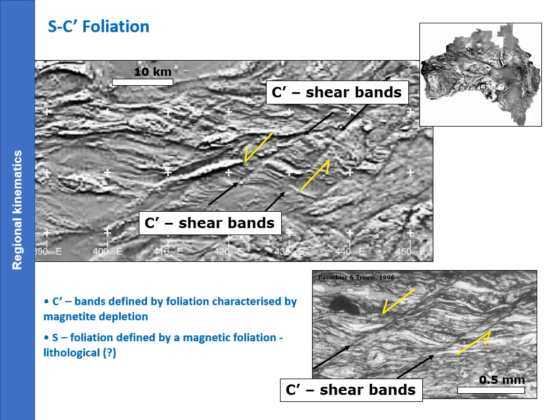kinematics. So here's an example from the Gawler Craton. It's a first vertical derivative image, and what you can see is some shear zones, or some fault zones, that have a low magnetic response, and you can see asymmetrical patterns in the rocks that are in between, and they could be a gneissic layering or a dike or something like that, and the pattern that you can see demonstrates the kinematics. It looks very similar to SC shear bands in a rock. The processes by which these patterns form are very different, but you can interpret them the same way.